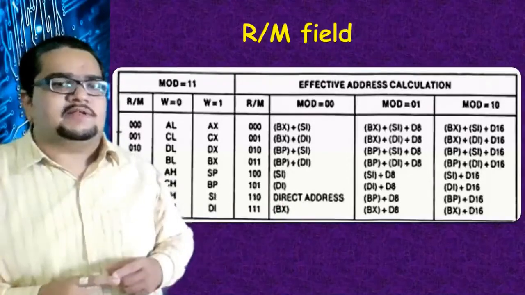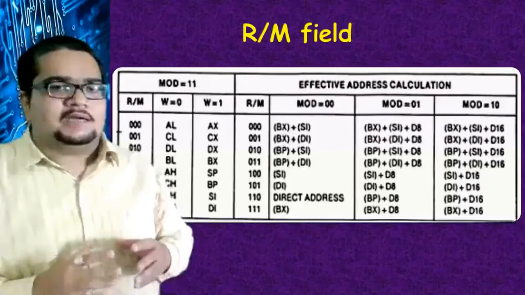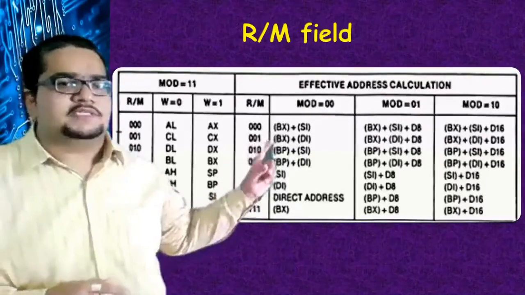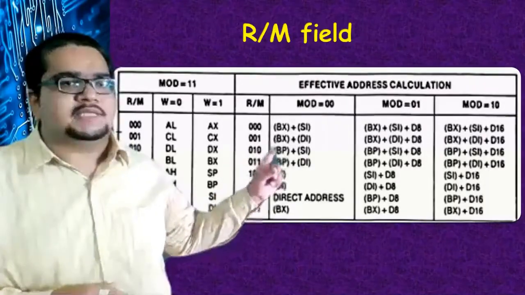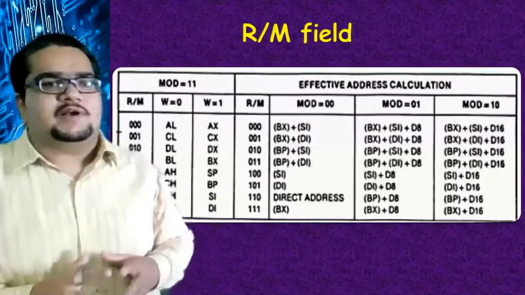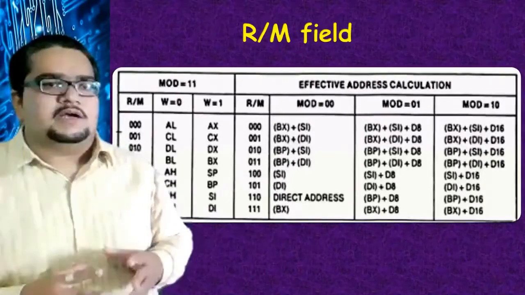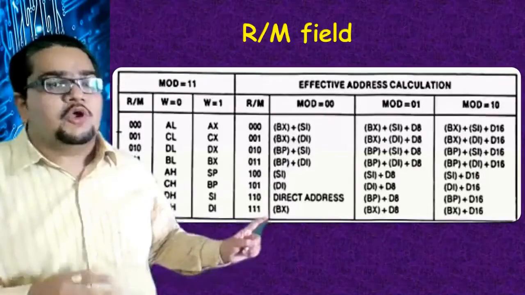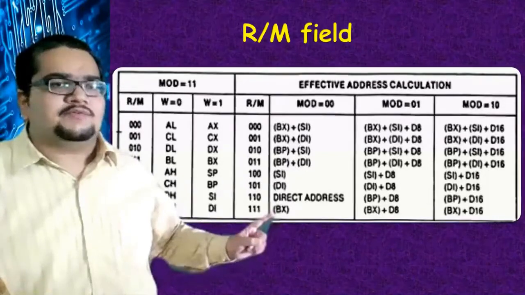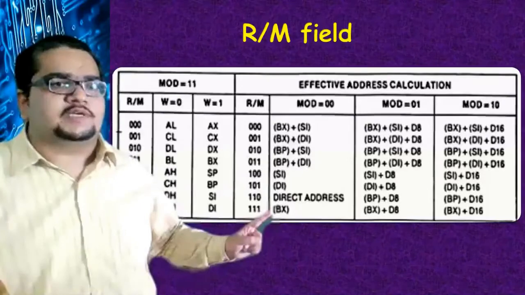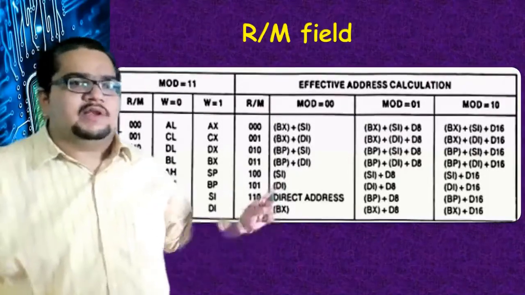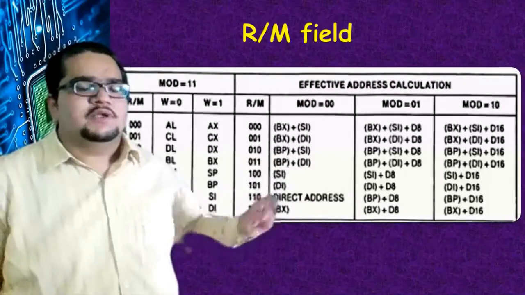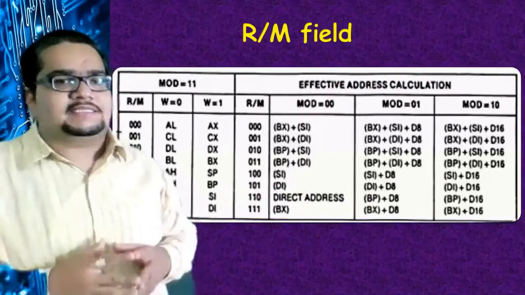Otherwise, that 16-bit effective address can be distributed and placed into a set of registers here: BP, BX, SI, DI. So these are all different addressing modes. When only the BX register is used for storing the effective address, or the offset address, we call that addressing mode base addressing mode. When the index registers SI and DI are used, we call that addressing mode index addressing mode.